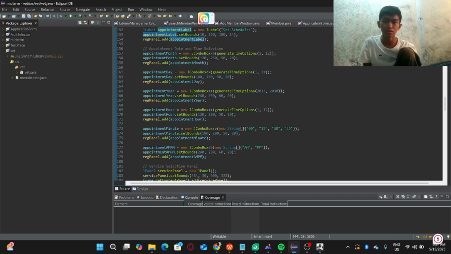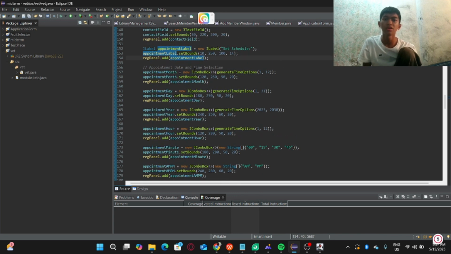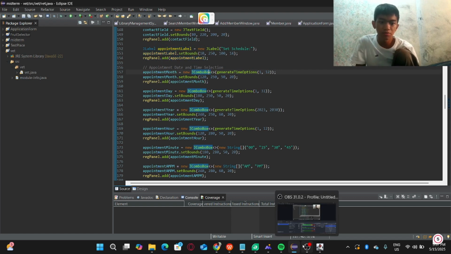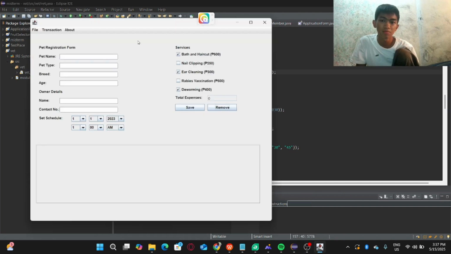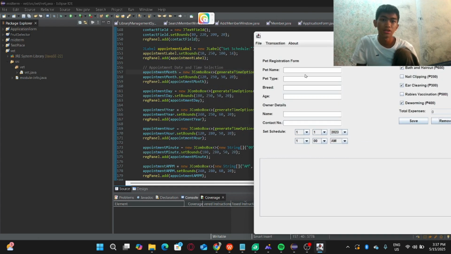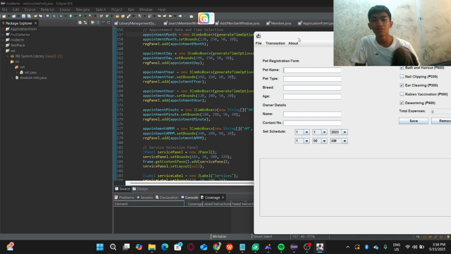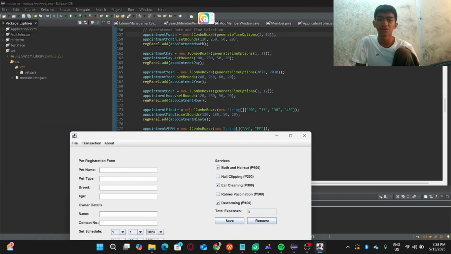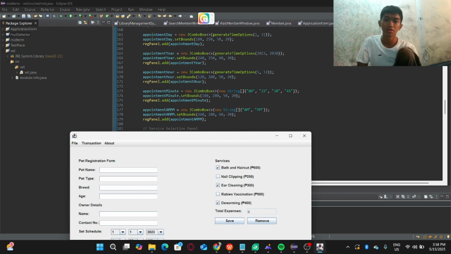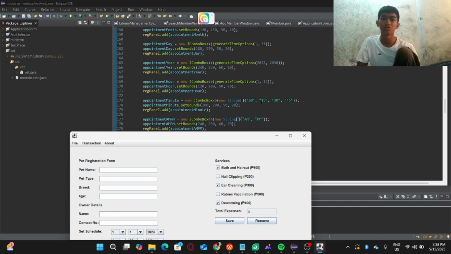Now for the JComboBox, as what we can usually see here, we will be using this so that it can actually be applied to all of the elements as what we can see from here, so that even when we iterate something, it will be updated as long as we use the JComboBox itself. And now for the time itself, this also applies to it. The appointment minute, the appointment AM or PM. As well, we see here 15, 30, 45, and AM and PM.